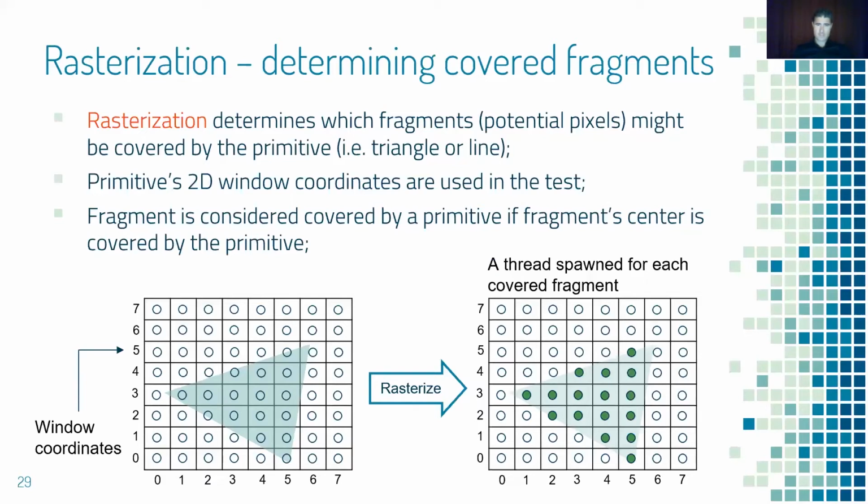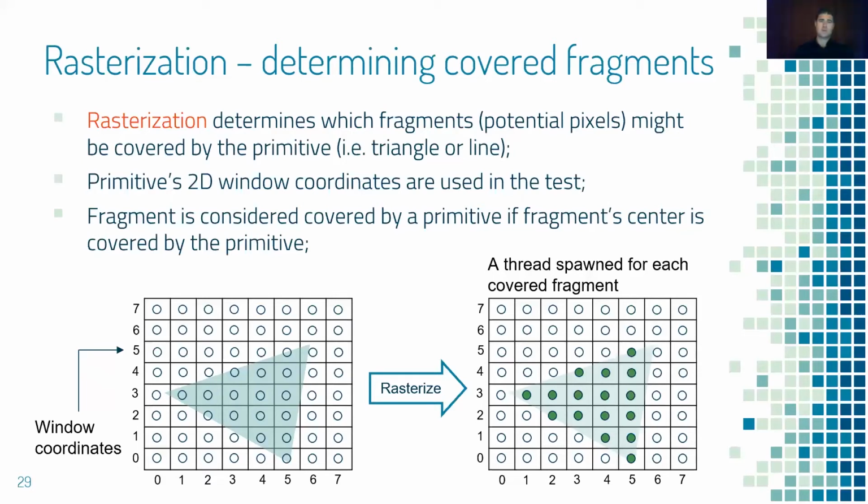So look at the illustration on the left here. We have an 8 by 8 viewport, and you can see a blue triangle there. After rasterization, the rasterizer will decide which fragments are covered by this bluish triangle. So you see that only the fragments where their center is covered by the triangle are actually considered to be covered. And then the rasterizer will also generate a fragment thread for each of those covered fragments,